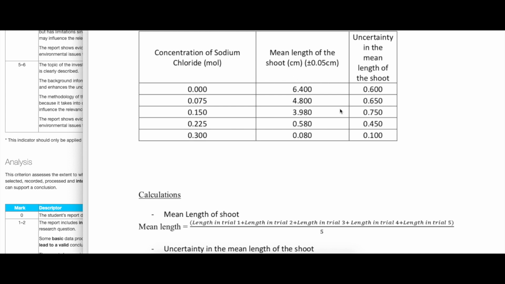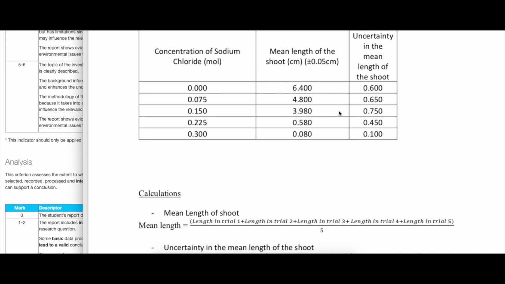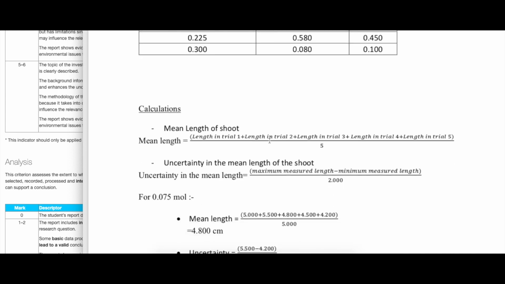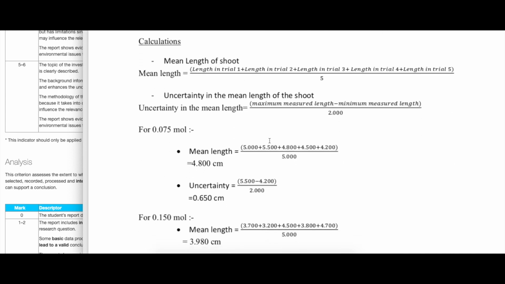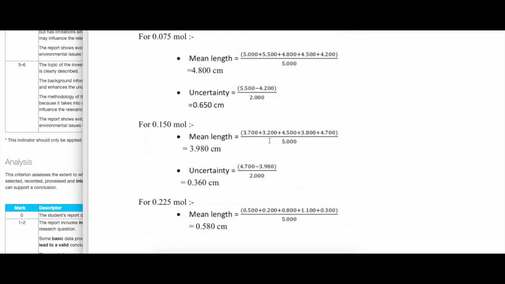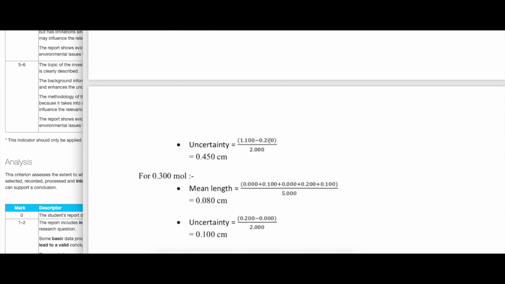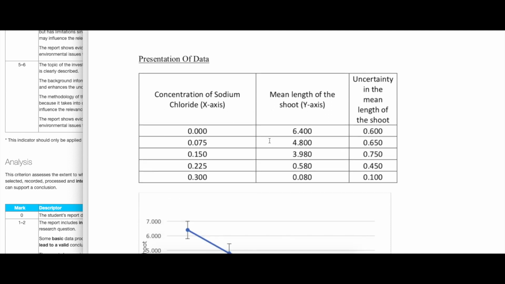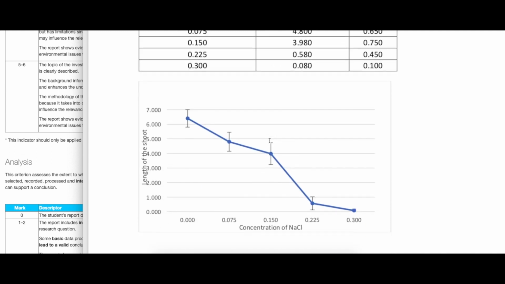The idea that scientific data does have an uncertainty associated with it is shown by the student. And some sample calculation is given as to how to get the mean, uncertainty, and doing all the calculations, and then presenting the data as this here in this graph, with an error bar